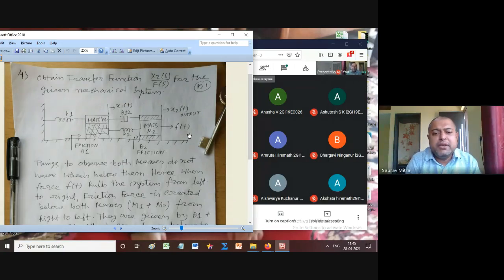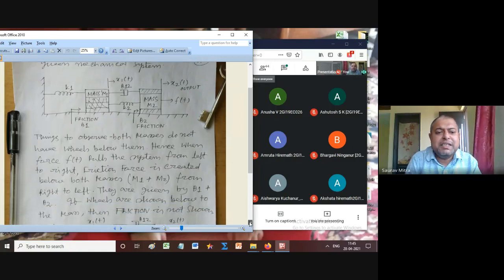Don't worry about that. So this mass, this x2 is connected to 5 components. First one is Ft input. Second one is mass M2, M2 d2x2(t)/dt2. Third one is B2 dx2(t)/dt. So these are the dedicated components for x2(t). Now these two are shared components, that is B12 d/dt of (x2 minus x1) plus K2 into (x2 minus x1). That's all.